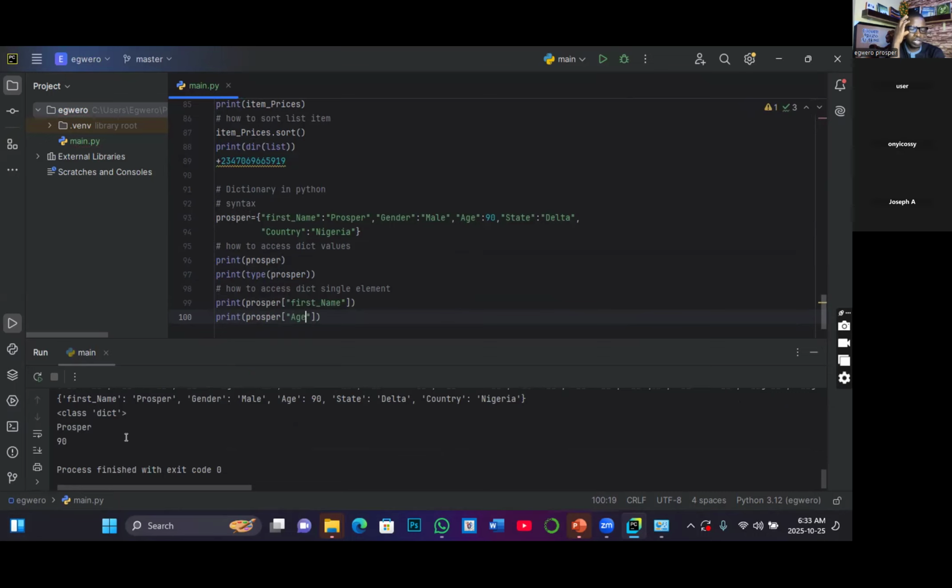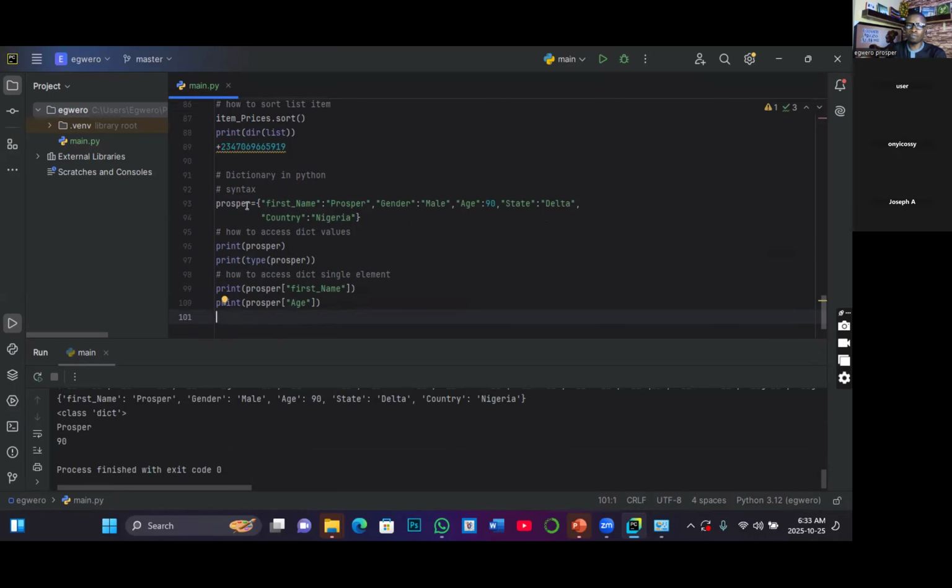Now, how can we update a dictionary value? That is the next one. For example, initially you were told that the age should be 90. After you have written the entire program, you are asked to change the 90 to maybe 50 or 60. Instead of hard coding, which I spoke about the other time, you can find a way of updating without having to come back to this line of code and manually change the 90 to 50. So that is how to update